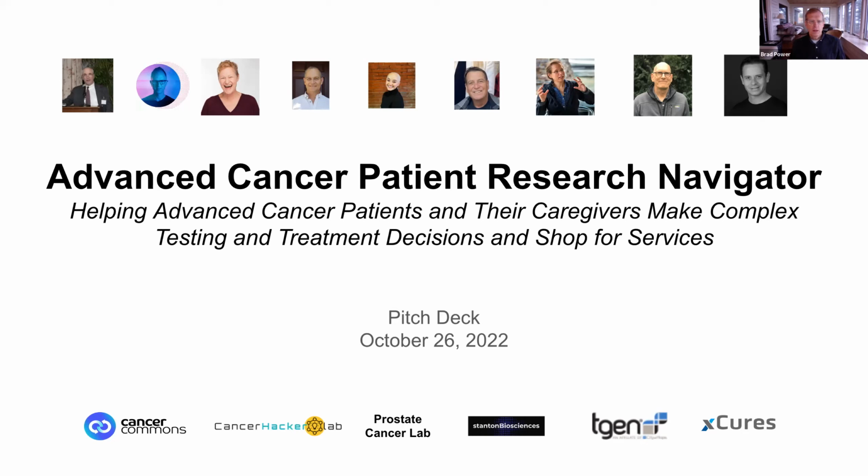Cancer Hacker Lab is the group that I founded that's providing events like this and community building and the guide and these sorts of services. Prostate Cancer Lab, of course, I co-founded with Rick Stanton and Brian McCluskey, and we have 7 patients who are at the core of Prostate Cancer Lab and a whole community, which I've got a slide for to describe that. Stanton Biosciences is Rick Stanton's business, where he's doing matching based on deep analysis of molecular biology. And then TGen, our colleague Nick Shork, a close friend of Rick's, has been actively involved